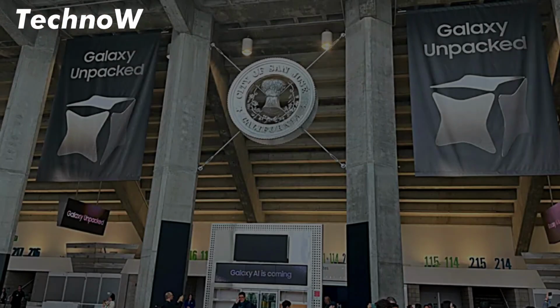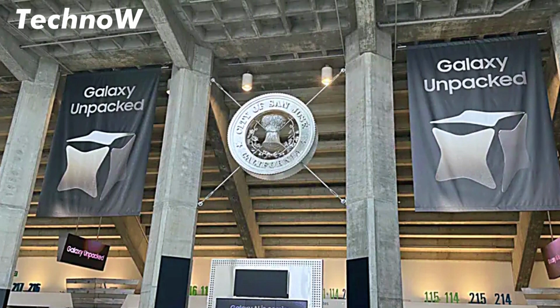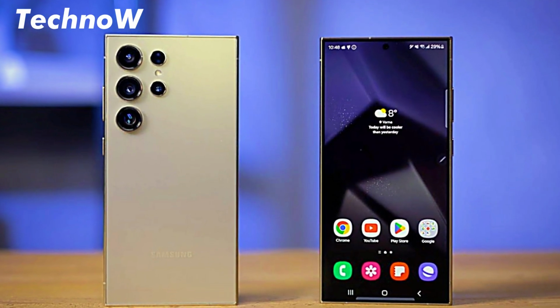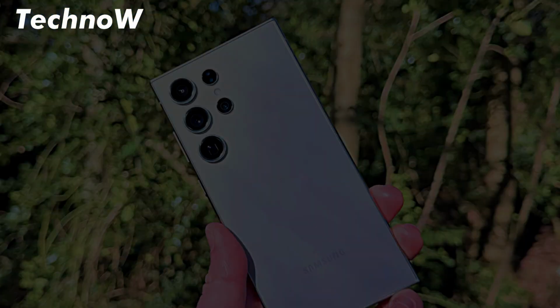Though still early in development, we expect Samsung to continue using high-end materials like titanium for the frame, as seen with the S24 Ultra. The screen may also see increased peak brightness, possibly pushing the boundaries with Samsung's signature OLED